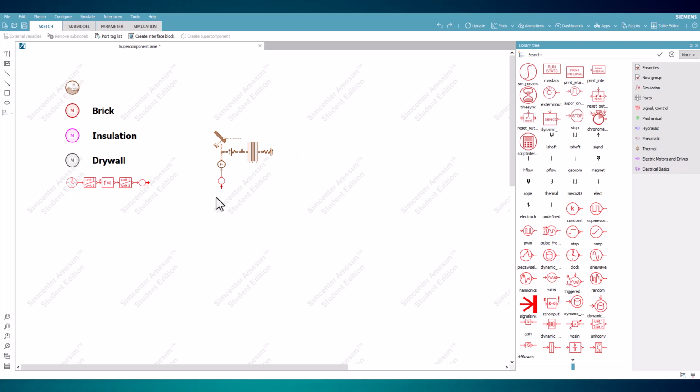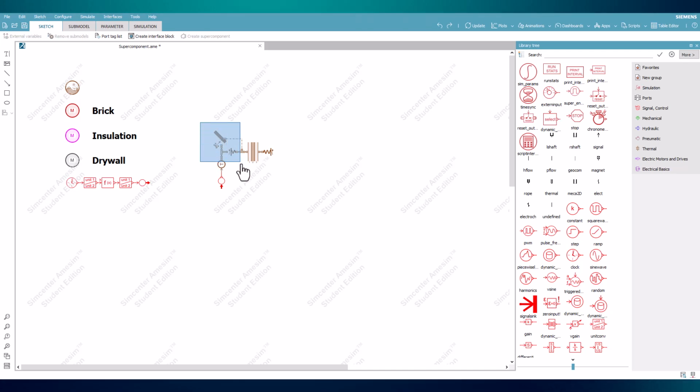The submodels needed to be compiled into one represent the heat transfer behavior for the exterior side of the wall, being the radiation and convection components to the left, along with the temperature converter from the signal source and thermal nodes on each side. To begin, select all these components by highlighting or left-clicking on each while holding Control.